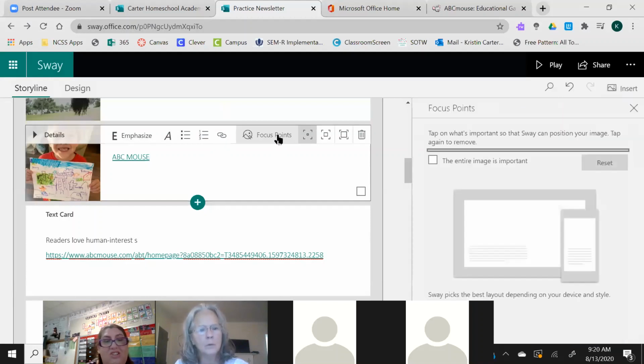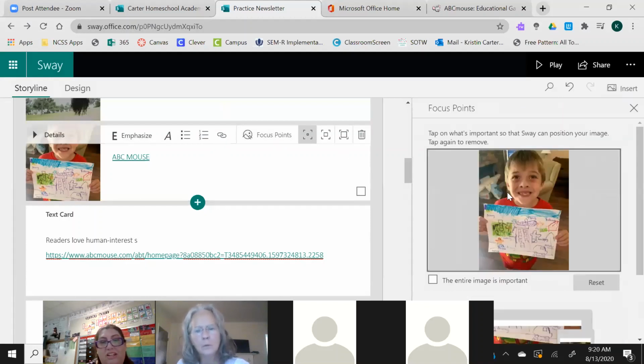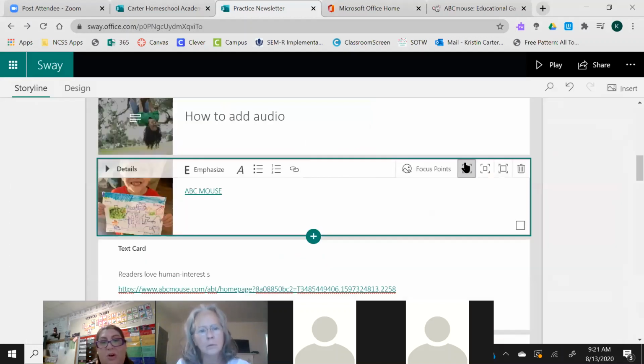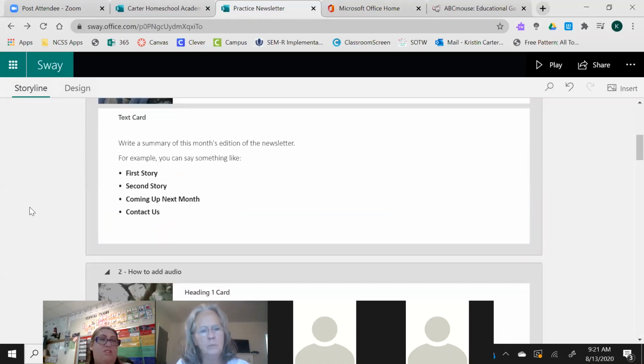Focus points again is just where on the picture do you want it to look at. You can make it open small, you can make it kind of medium, and then you can make it full screen as well. Like, I think that's a size kind of thing. You can also, let me show you how to start from a new one so I can explain these little